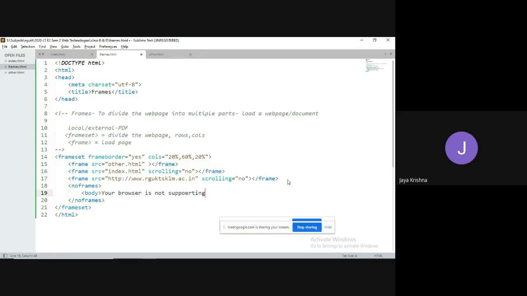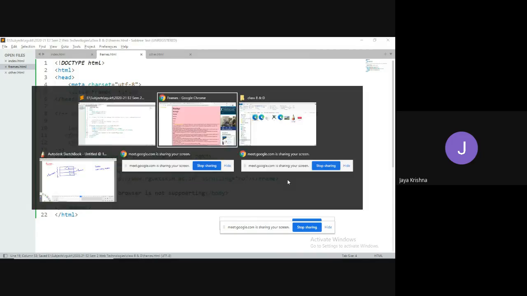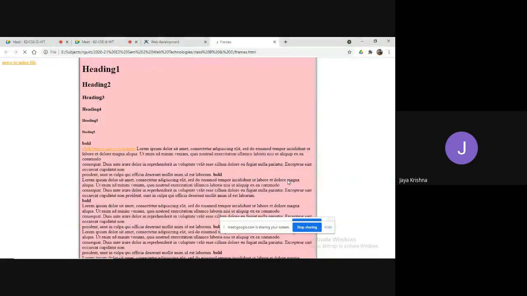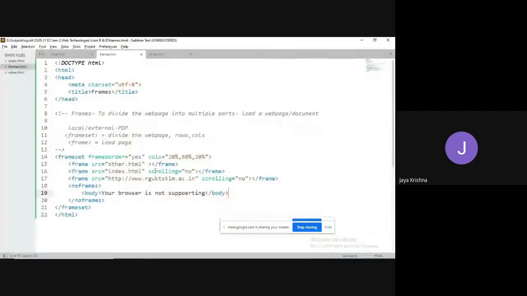If our browser is supporting the frames tag, it won't display. But if the browser is not supporting the frames tag, then it will display that the browser is not supporting.